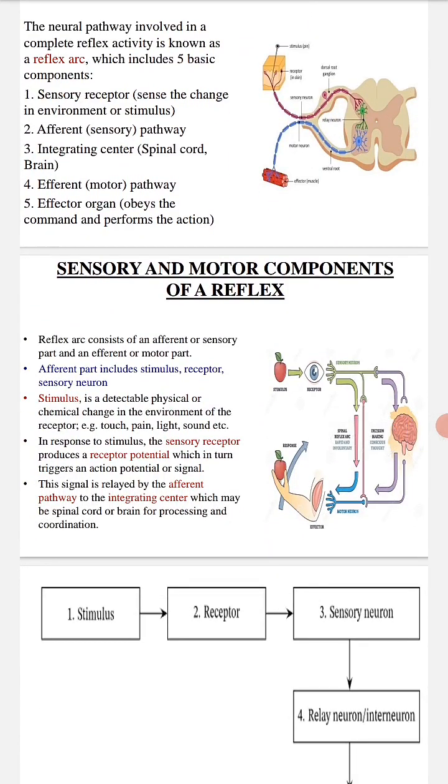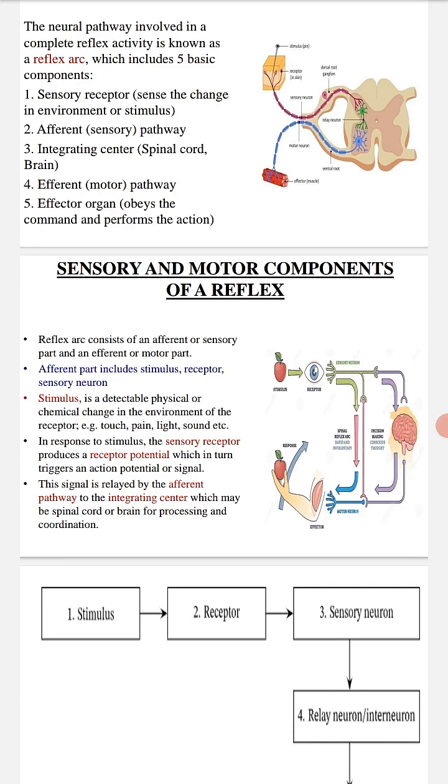Sensory and motor components of a reflex. Reflex arc consists of an afferent or sensory part and an efferent or motor part. Afferent part includes stimulus, receptor, and sensory neuron. Stimulus is a detectable physical or chemical change in the environment of the receptor: touch, pain, light, and sound. In response to a stimulus, the sensory receptor produces a receptor potential, which in turn triggers an action potential or signal. A signal is relayed by the afferent pathway to the integrating system, which may be the spinal cord or brain,